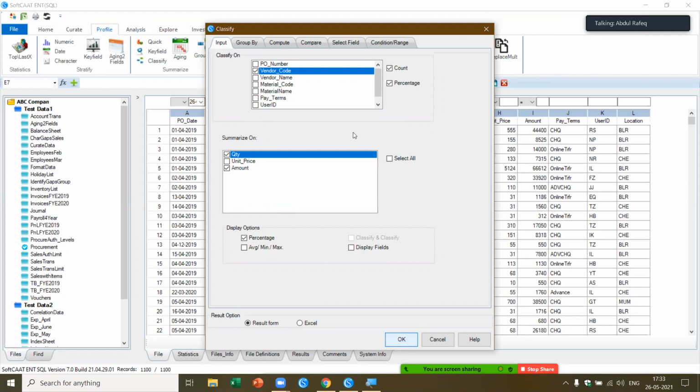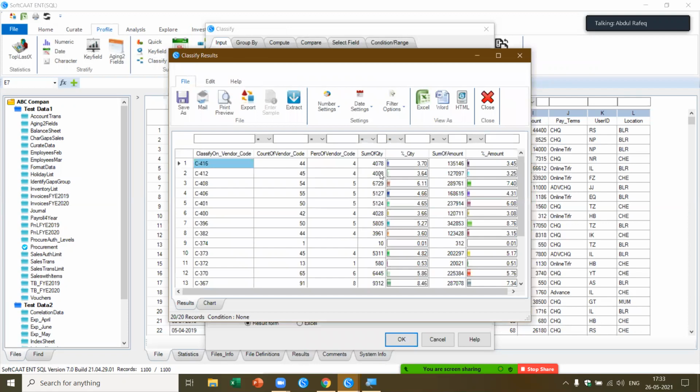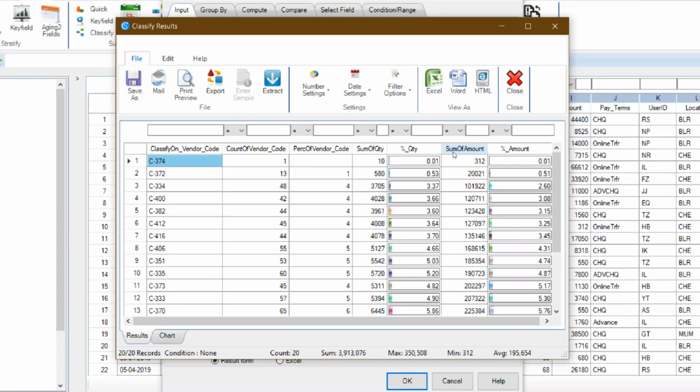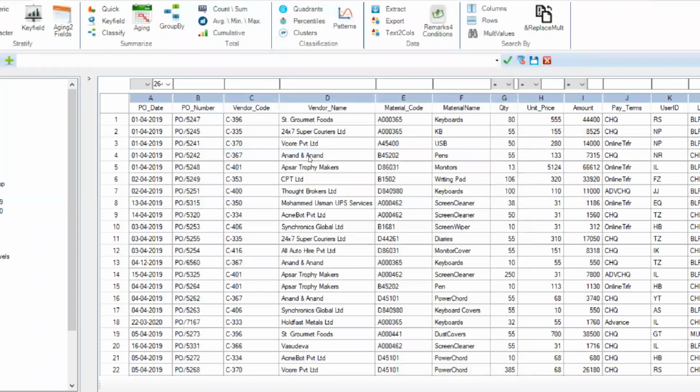Now this should be able to give me, for each vendor code, the total count of the quantity and the sum. Now if you see here, for each vendor code, I got this result. Not only that, now I want to see, based on the count, which is the highest and which is the lowest. Now I know that C350 is the one which has been bought the maximum number of times. Now let's say based on the amount, I want to do the analysis. I just do a single click based on this. I find that C350 is the one which, based on the value also, got the highest. So this is what I did based on the vendor name.